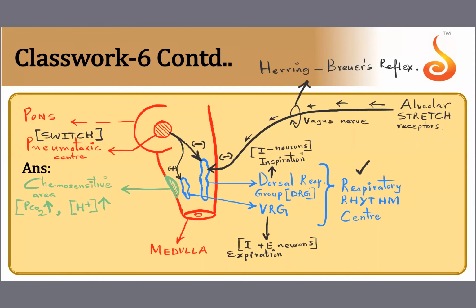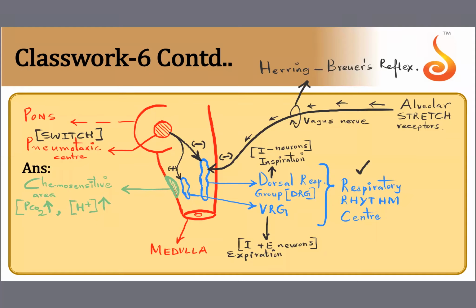So remember this reflex which helps in regulating your breathing pattern. It's basically due to the stretch that is created in the wall of the alveoli when you have inhaled a lot of air. Okay. So it's like your lungs are saying, I cannot bloat up anymore, so you better stop inhaling and cut off your impulses to me so that I can relax and throw away whatever air I have accumulated. So this is the job of the vagus nerve, which originates from the alveolar stretch receptors.